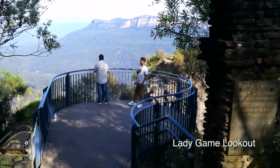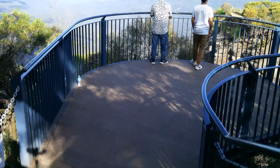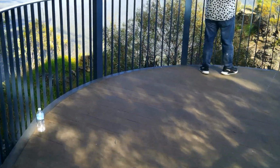From Lady Game Lookout, the eye traverses the full extent of Jameson Valley, originally called Jameson Valley. That was a misspelling. And the upper reaches of historic Burragorang Valley, one of the three major sunken valleys of New South Wales,